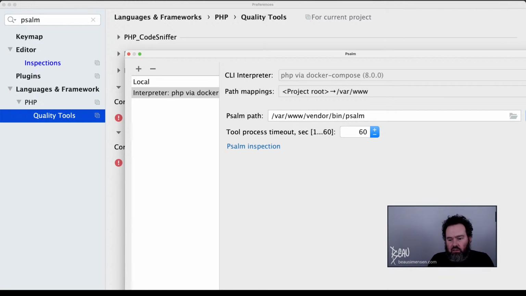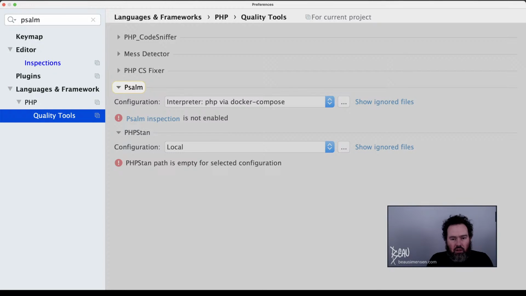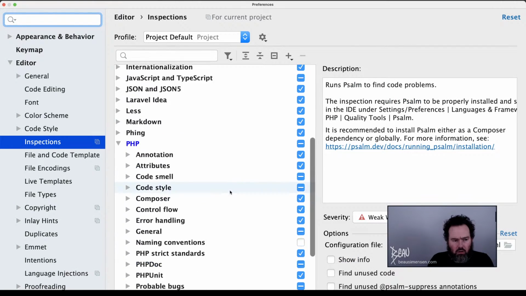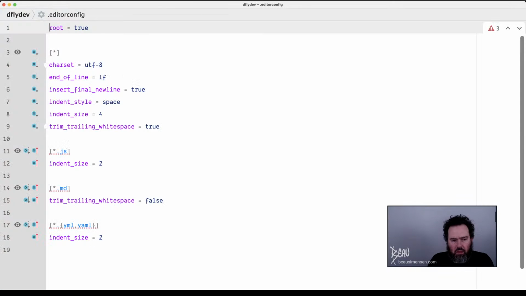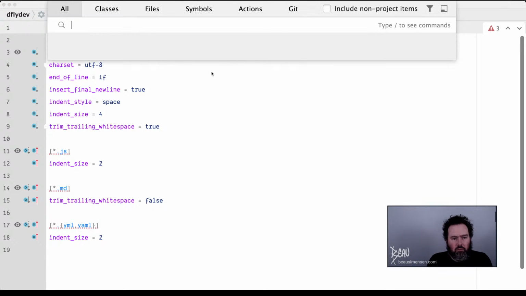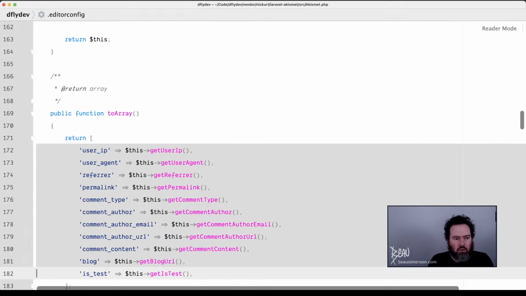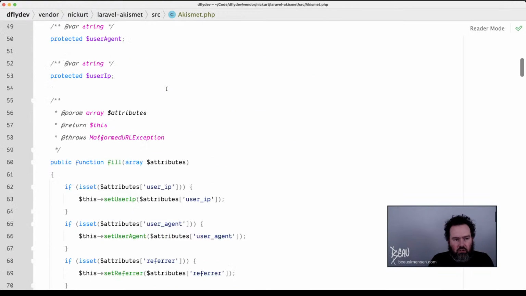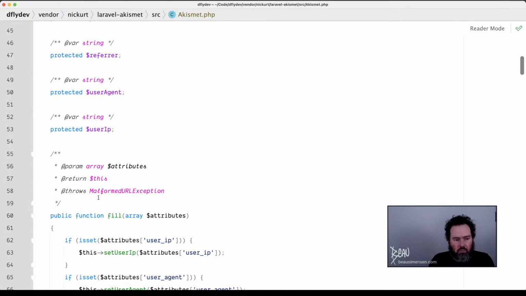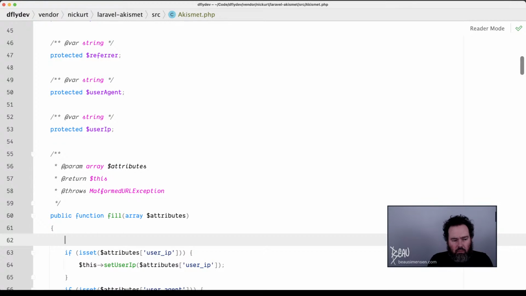Process timeout is 60 seconds. But the problem that I was having before... weak warning, okay. Problem that I was having before is when I was actually in a PHP file, if I made a change and Psalm had to run to